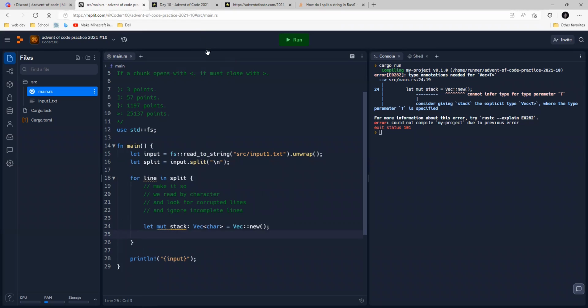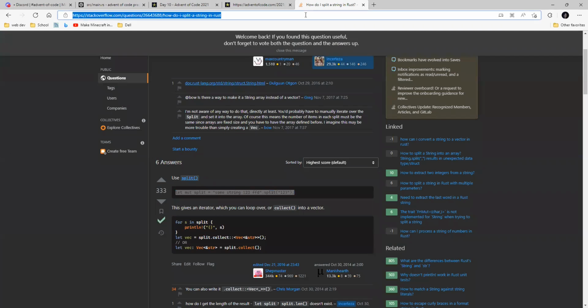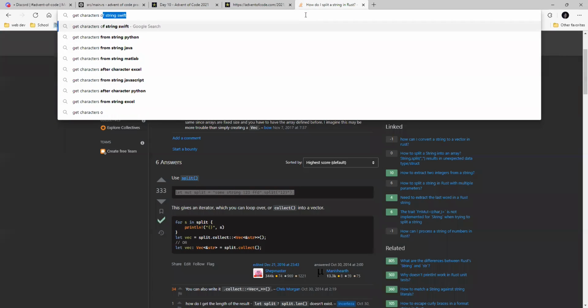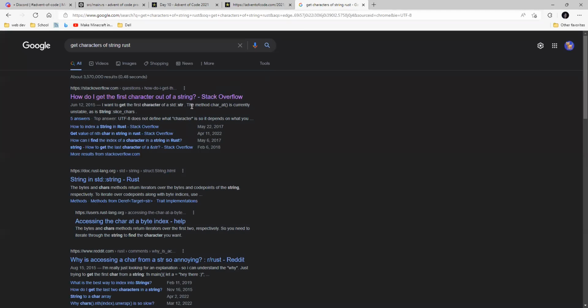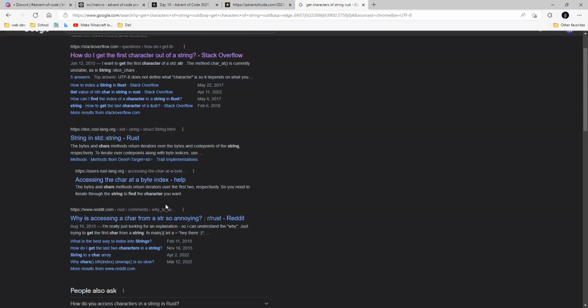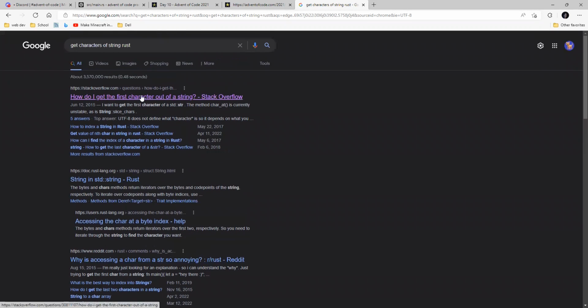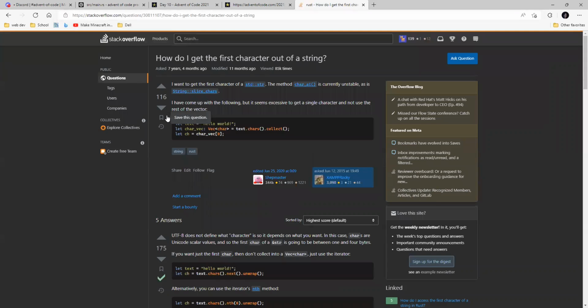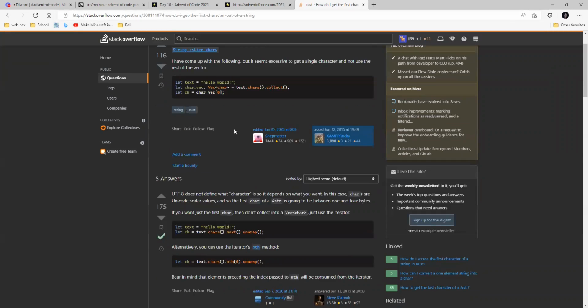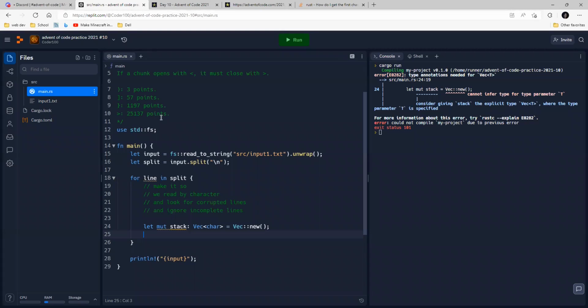and it's mutable because we're going to be pushing and popping out of it. Okay. So then we have to go through each character. So yeah, first character out of a string. But maybe this isn't like text that chars. So for c in